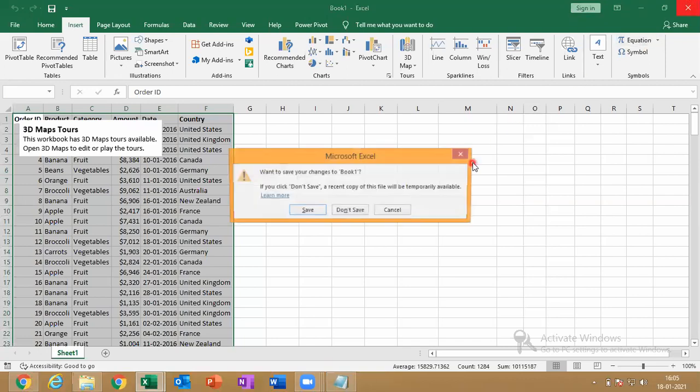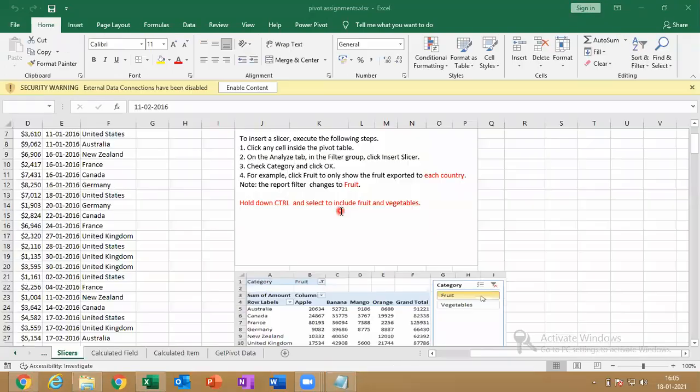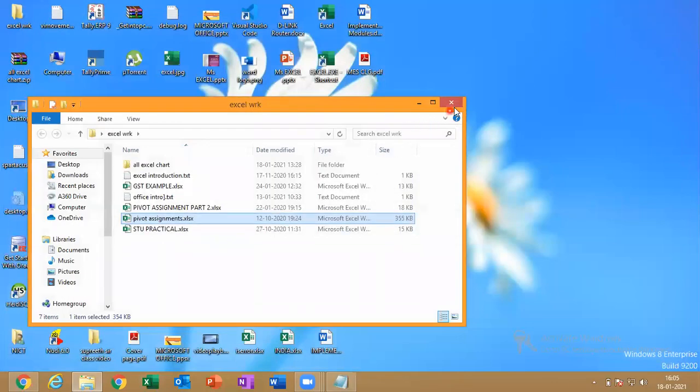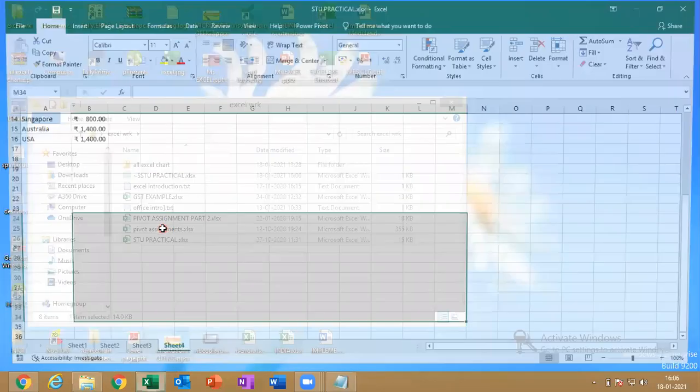Let me close this one because this data will not suit that. Let me open this one. It will suit that particular.